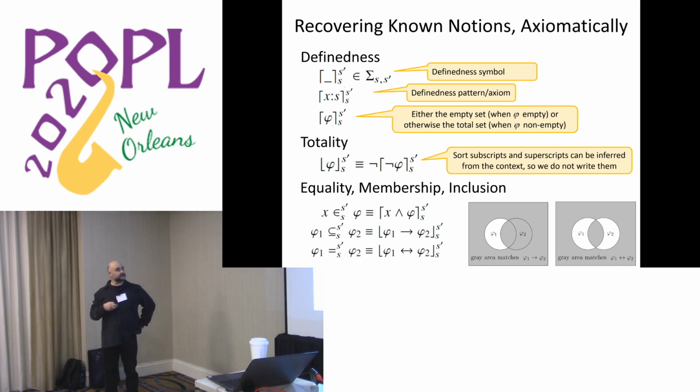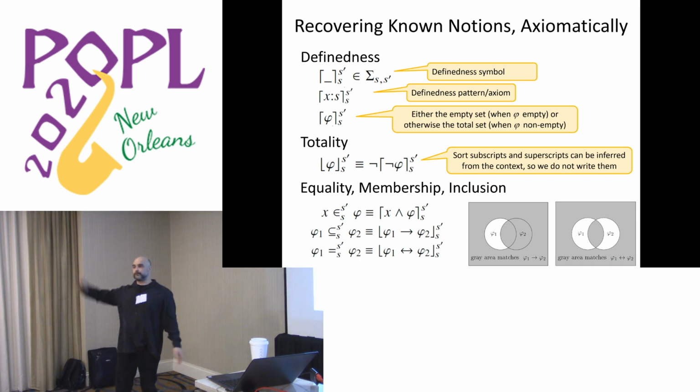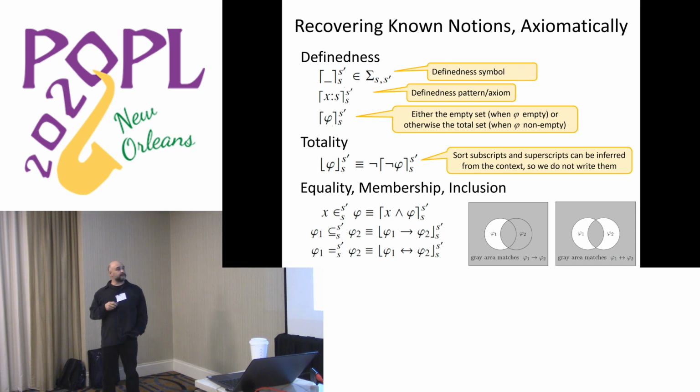And the effect is that if you take any pattern and put it in this ceiling bracket, that will become either the total set or the empty set, depending on whether phi is defined or not. If phi has anything that matches it, then you'll get absolute truth. And you can move truth from any universe of any sort into any other universe. And then dually, you can define the totality operator, which is empty if and only if phi is not top. And again, I just added one symbol and one axiom, so it's a theory in matching logic, very simple finite theory.